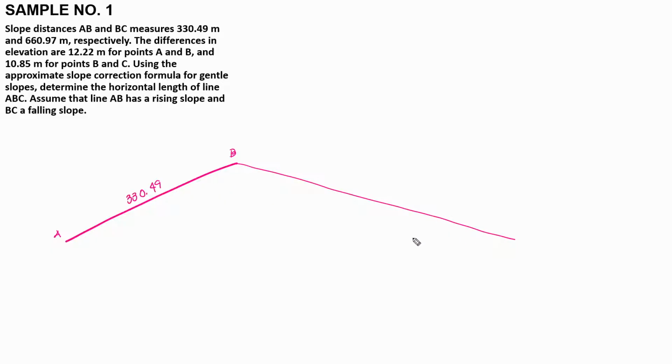It's longer, but the difference in height is smaller. So we can say it goes up to there, for instance. And then this is BC, 660.97 meters. As for the differences in elevation from points A and B,